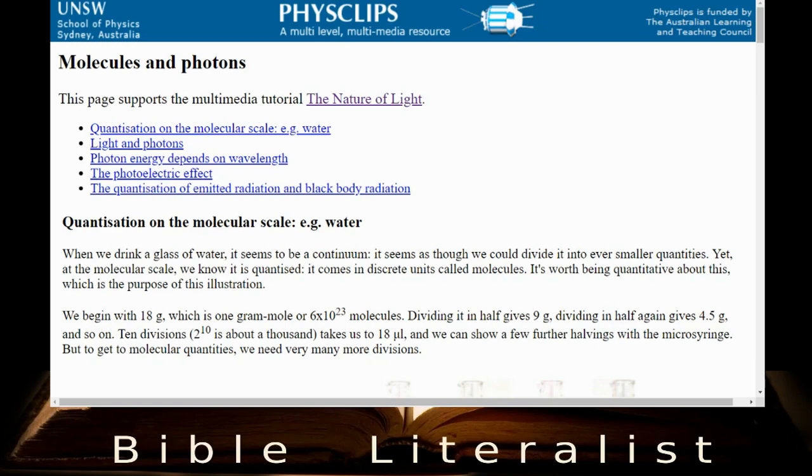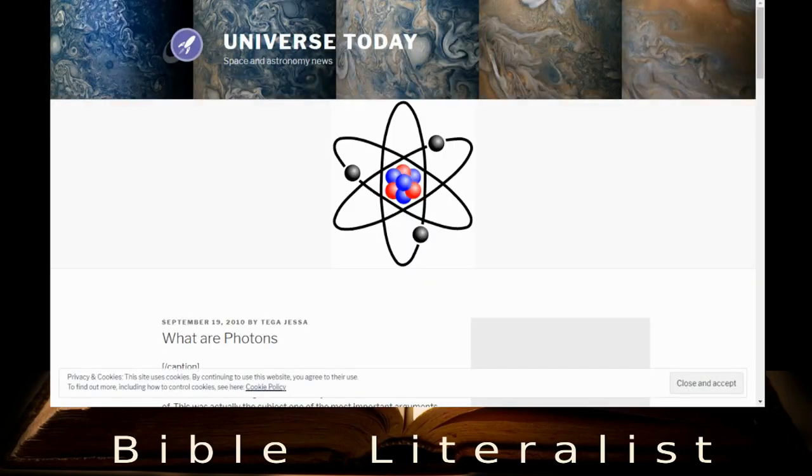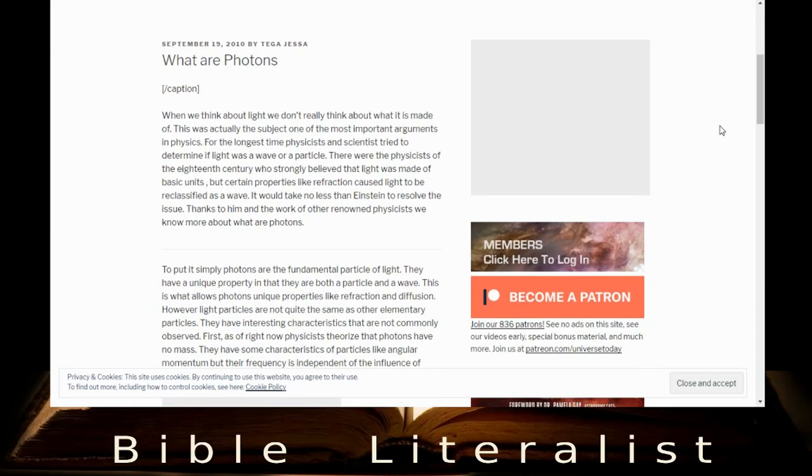But though the smallest unit of light is called the photon, it can't really be divided. It is itself a fundamental element. It appears to have no mass and no net charge, which some think may be because it contains elements of equal but opposite charges. And here we can look at this article called What Are Photons? So you can look through that, and basically the idea is that,